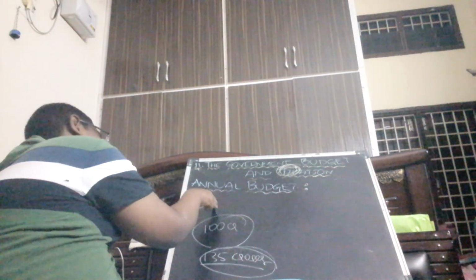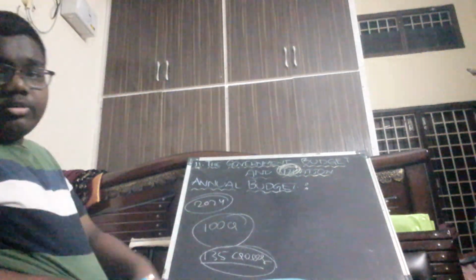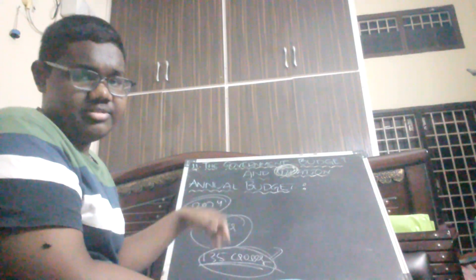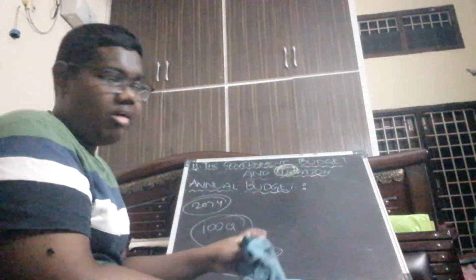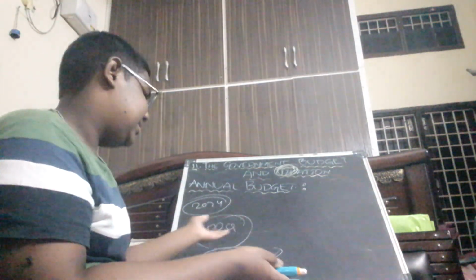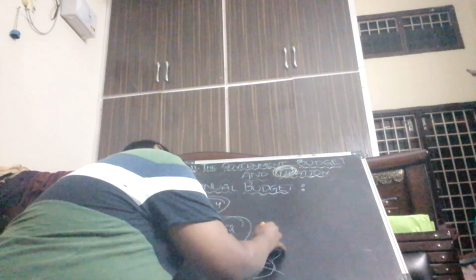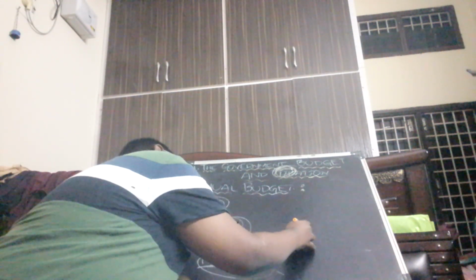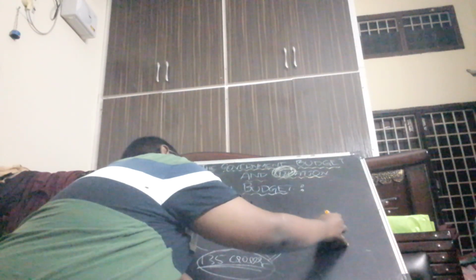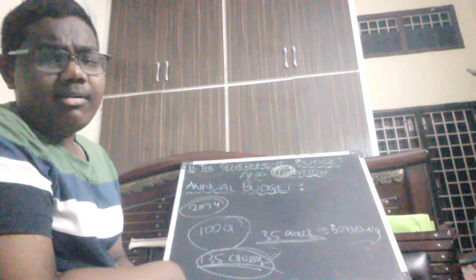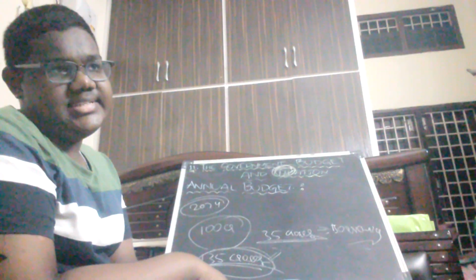So if we take the 2024 financial year, for example, the government will have so much money, not only 100 crores; it is very common for rich people, like 100 crore, just taking like that. So now it takes 35 crores loan, 35 crores borrowing only. So like this we can understand.